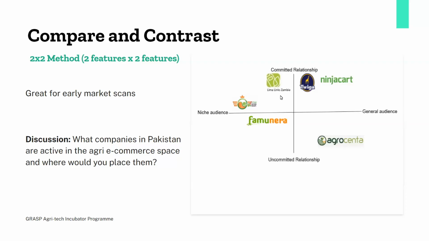Then Faminera is basically a service based out of Uganda, where the primary focus is a classified section, so to speak, where farmers can post their produce, and buyers can kind of buy. Think of it as an OLX style service with a bit of a payment option integrated into it as well, right? A digital payment option as well. So they are on both sides. So it's an uncommitted relationship on both the buyer and seller side.